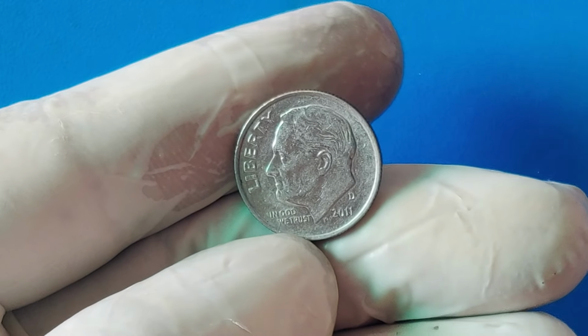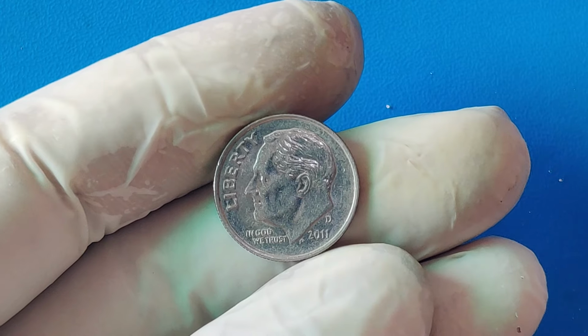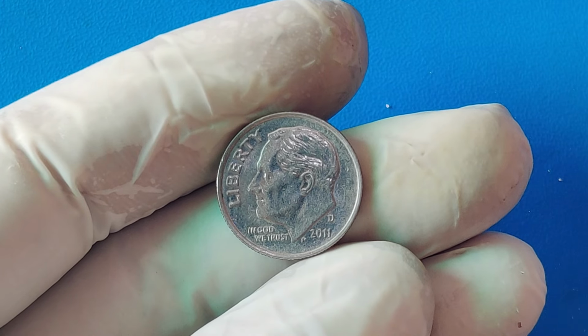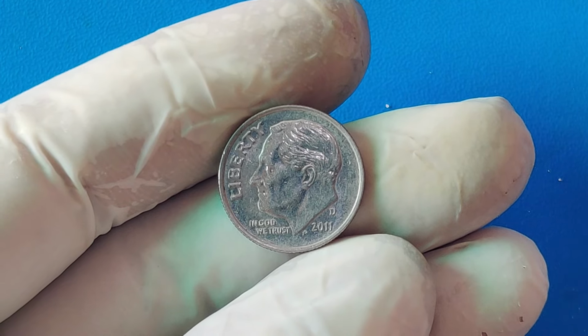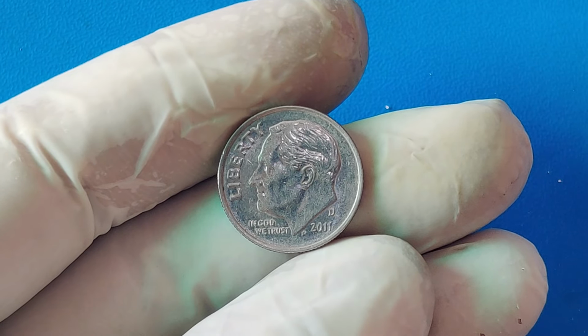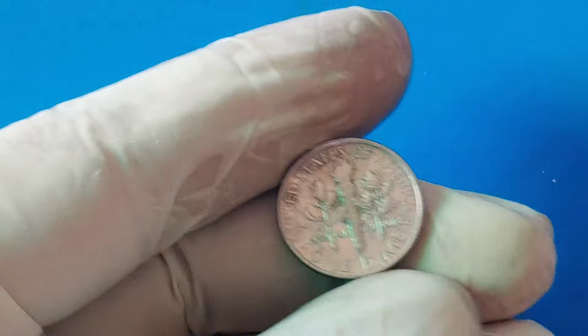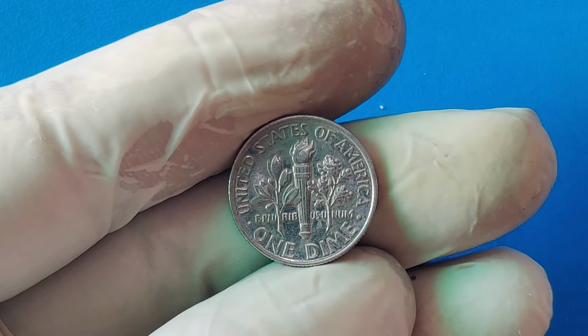A single coin that was initially worth just a dime or a penny could now change your life. We're going to break down everything you need to know about this incredible coin, what makes it so rare, why it's worth so much, and how you might be able to spot one yourself. Stick around, because by the end of this video, you might be one step closer to striking it rich with